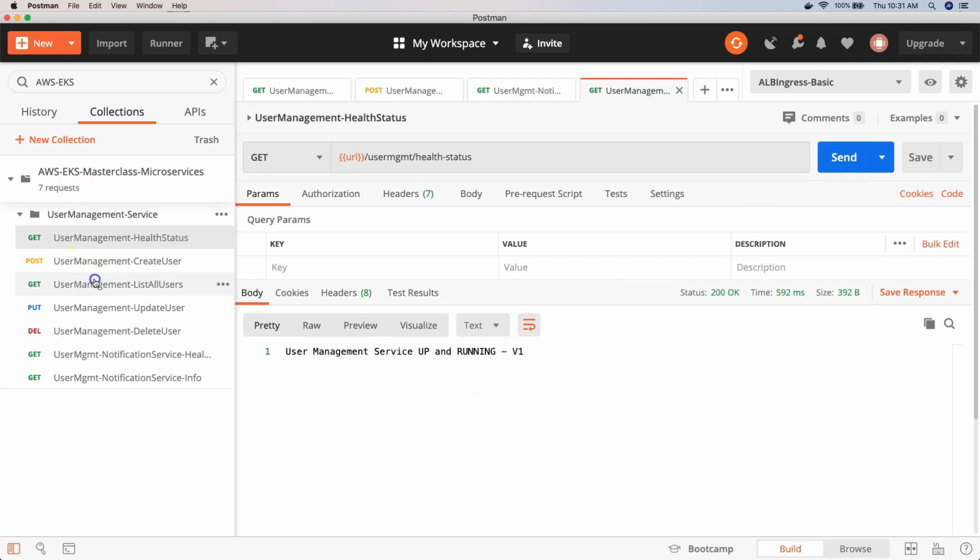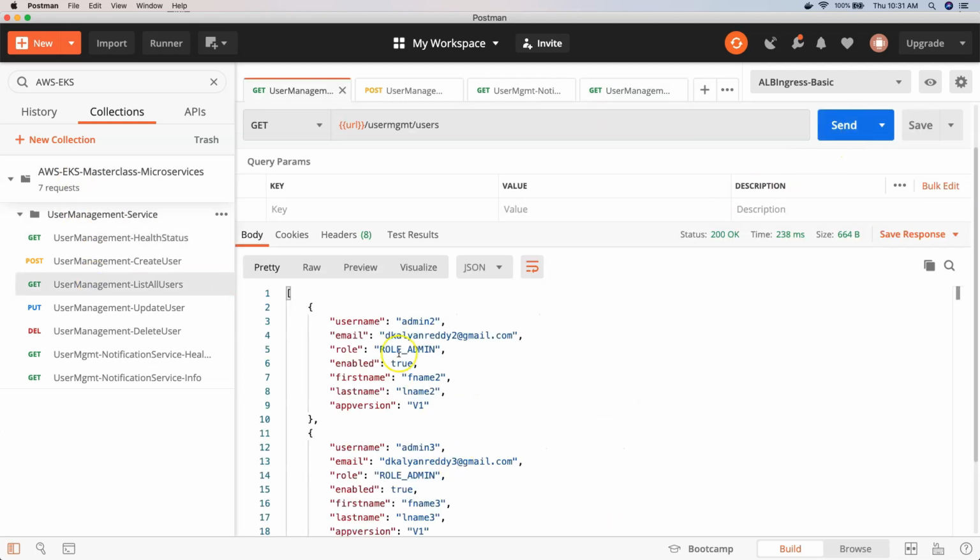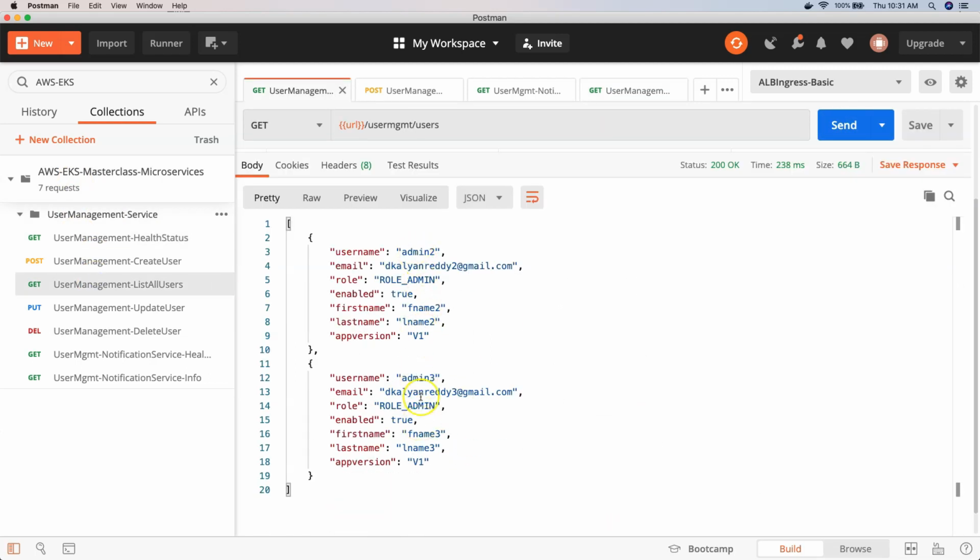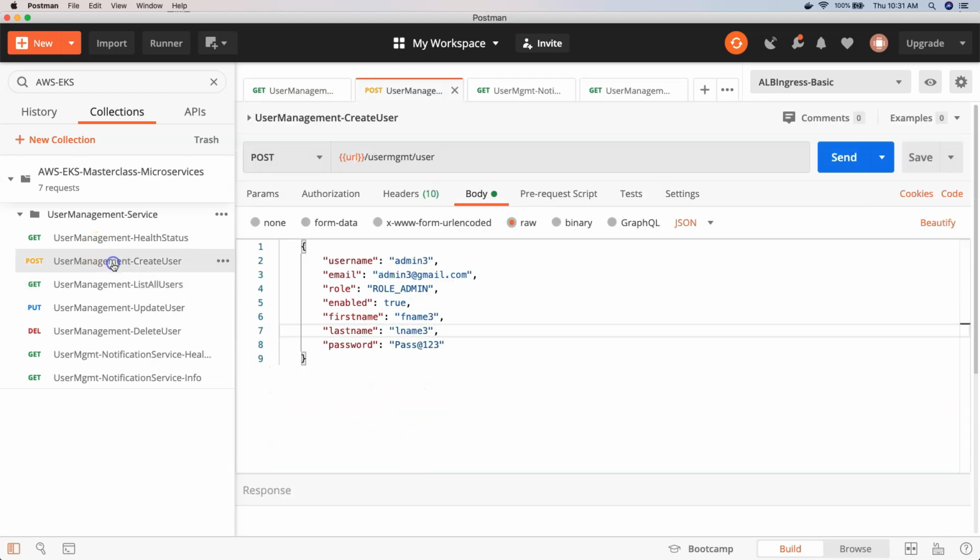I got the response. I can test the list users, and I got the response, admin2 and admin3 and so on. Now I can create a user, right? So I can create a user saying ALB ingress, or ALB iBasic. Okay, simply iBasic is ingress basic. So I'll paste the same as the email, I'll paste the first name also the same and the last name also the same.